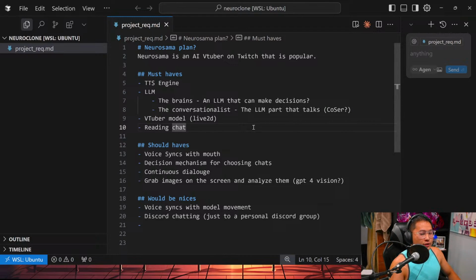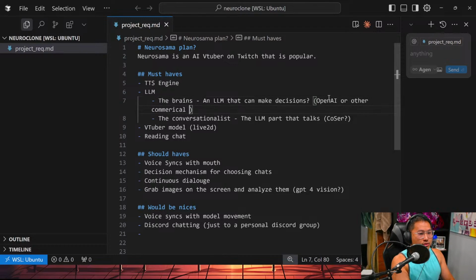Now, you might just think that we could have an LLM that reads chat and responds back in an AI voice. We could just do that. That's the simple part of it. The difficult part becomes the decision-making process. And I don't know what models out there we can run locally that do decision-making. I think it has to be OpenAI or another commercial model